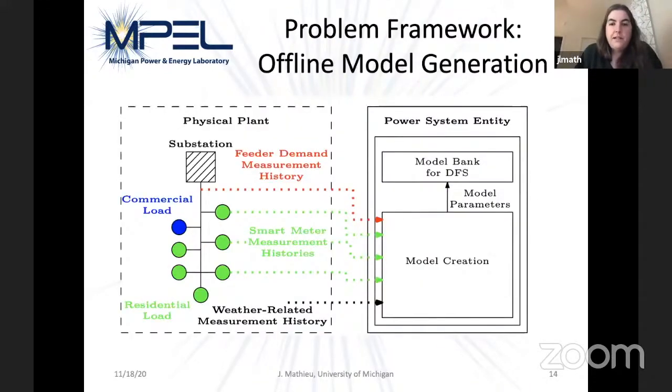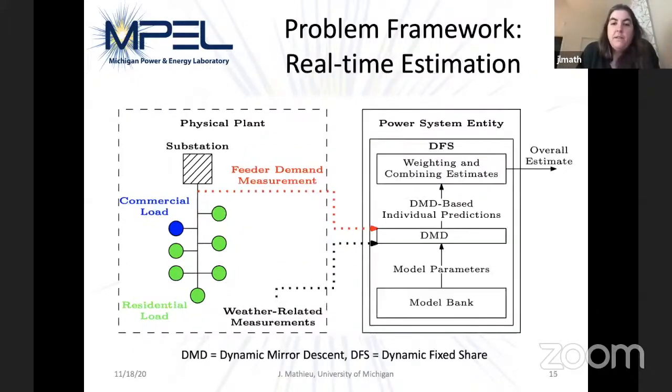So the approach we use has two pieces. The first piece is that we have to generate models of our system, specifically models of the aggregate air conditioner load and models of everything else, all the other load. We'll call it other load from now on. So we have these models and we leverage them to come up with estimates. But those models get fed into this algorithm. So this slide is showing how we do estimation in real time.